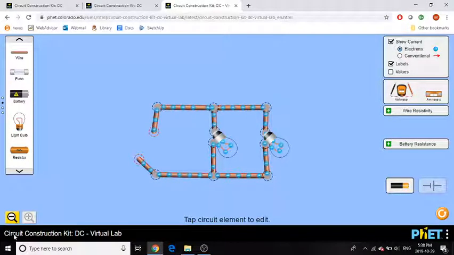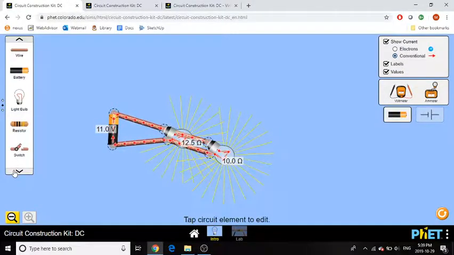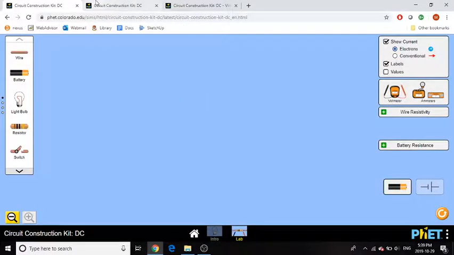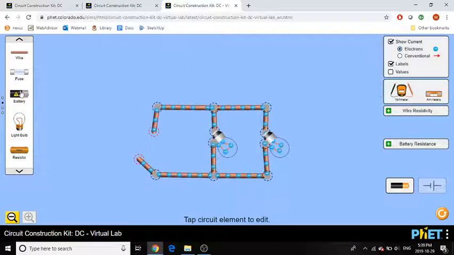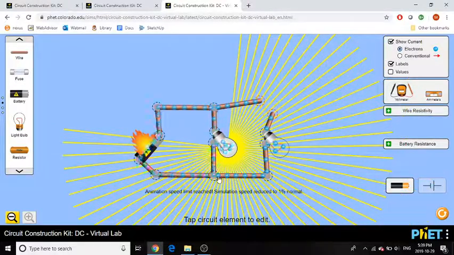So I've now actually switched over to the construction kit DC Virtual Lab, which is why there's only 1 ammeter. So this is the one I don't like quite as much. If you go back here, you won't see the heavier duty battery and light bulb because you have to switch over to the lab to use those. But anyway, now that we're back here, I'll actually reinstall this. And one thing that's kind of interesting to see here, let's break this up a bit,